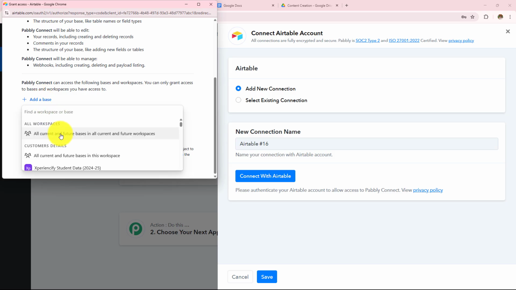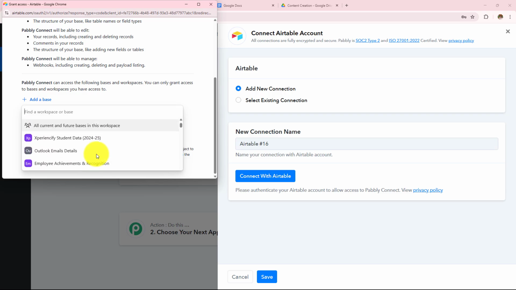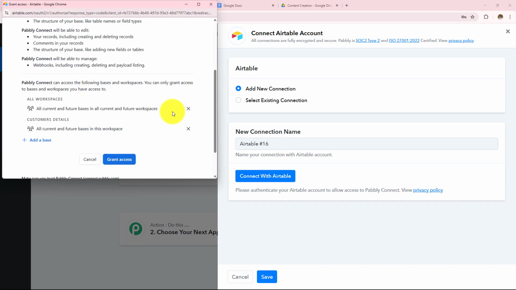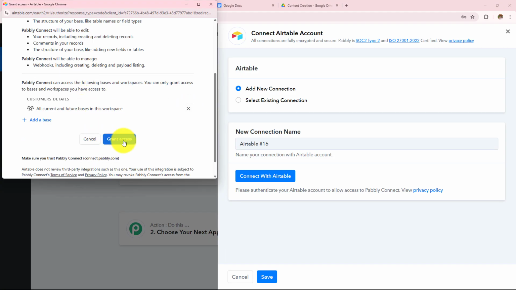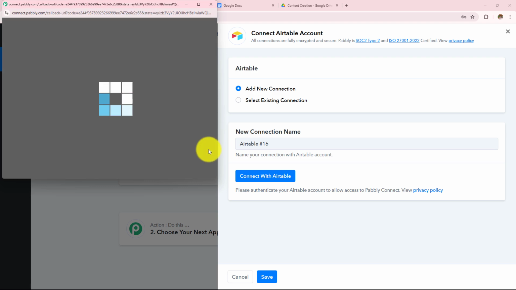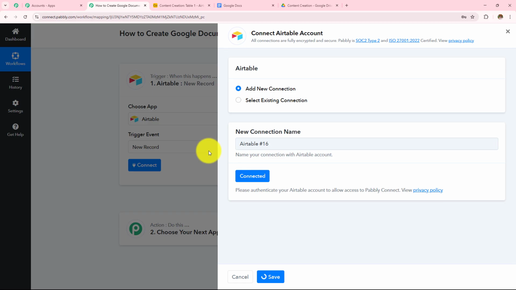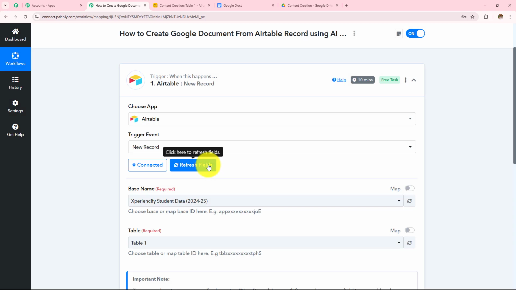Now from over here, you can select either your complete or all workspaces, or you can select your specific workspace. Here I am going to select all current and future bases in this workspace, and then I simply have to click on this grant access. So it is always advisable to keep your applications logged in for this easy authorization, and here authorization successful,